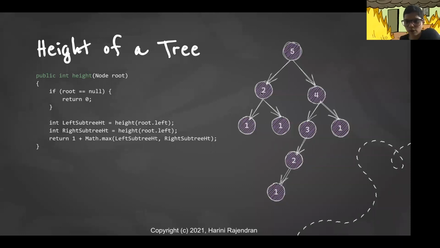If you go one level above, the height of this particular node is nothing but max of the height of left and right subtree plus 1, which is 2. Similarly, here the height of this tree is max of left and right plus 1, which is 2. For this tree, it would be max of left and right, which is 0. So 0, 2, max is 2 plus 1, which is 3. The height of this particular tree is max of 3, 1, which is 3, and add 1 to it, which is 4.